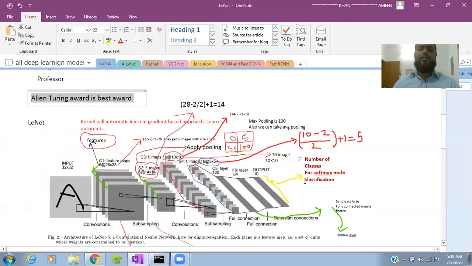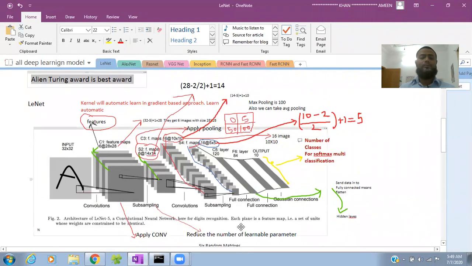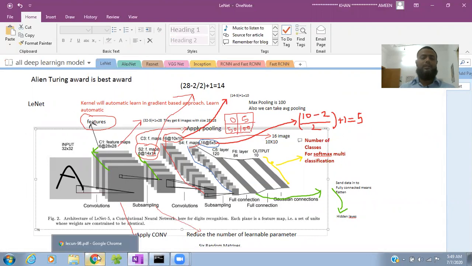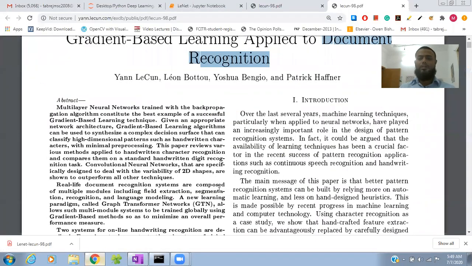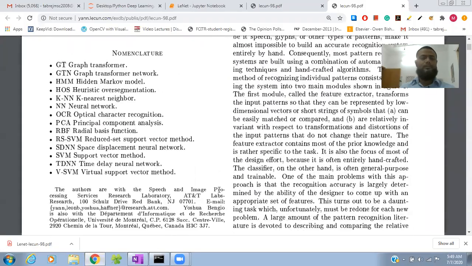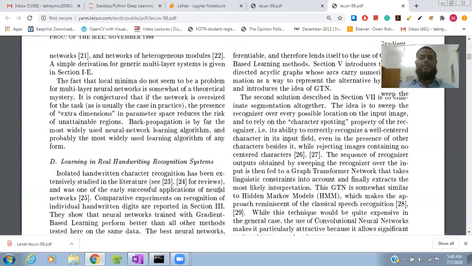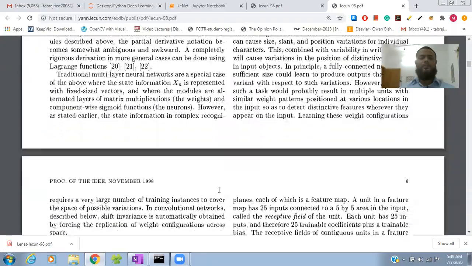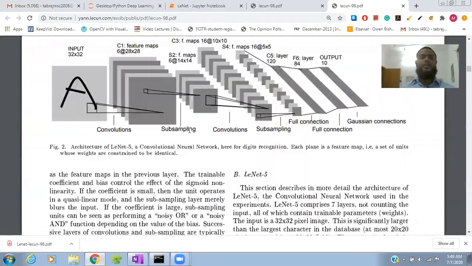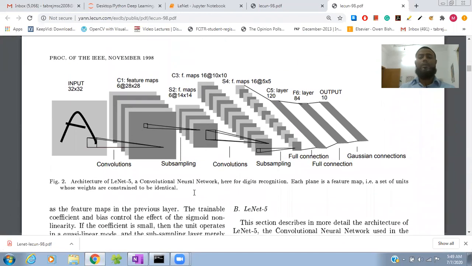And basically, what is happening in the LeNet architecture? This is an image I am taking from the paper. This is the architecture they made, and I am going to discuss this architecture.